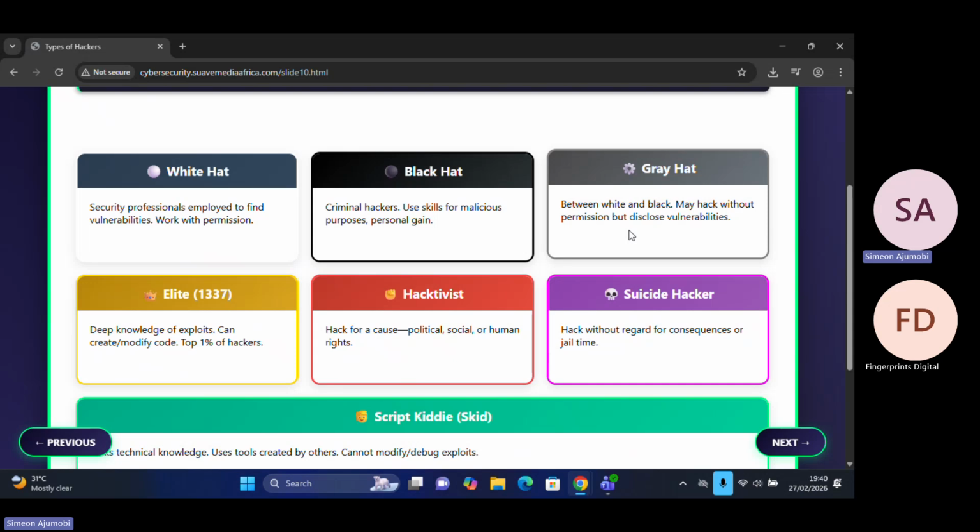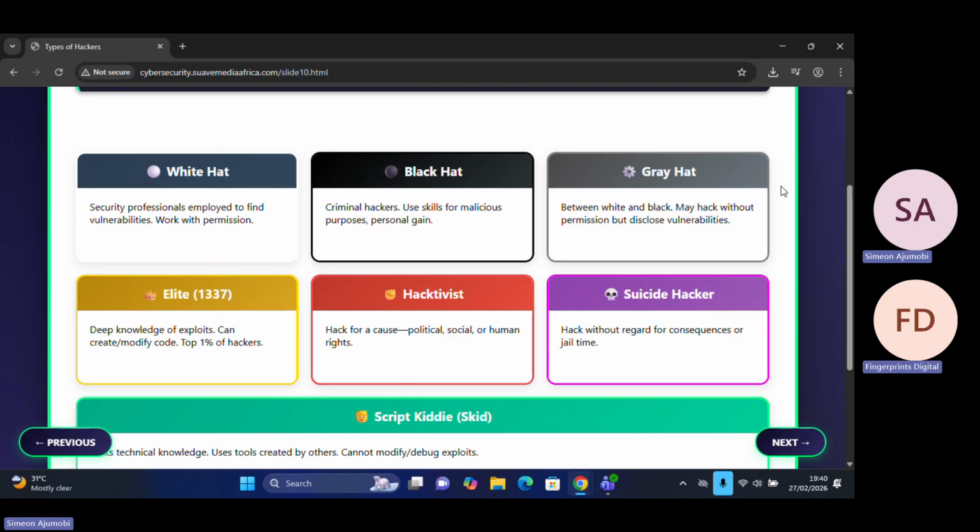They could be white today, they could be black tomorrow, or situations could make them black. Maybe a company does not pay them and they want revenge, or a particular person has been aggravated by something the company does, maybe they sack him for no reason. It could turn him into a black hat hacker, and also a white hat hacker could turn gray due to too much of an offer, or